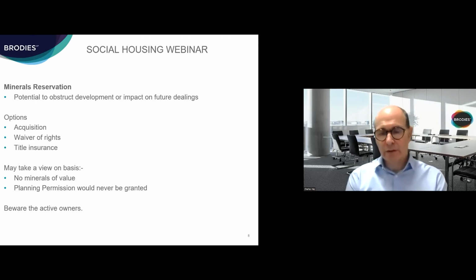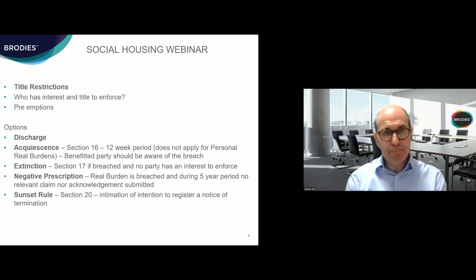This is all relevant so far as I say, that stage of looking at the future disposals. If we can move on to the next slide. And again, just coming back to the issue of restrictions on the title that might impact on development. But the first issue, again, if there is within any of the deeds for the property burdens that would cause